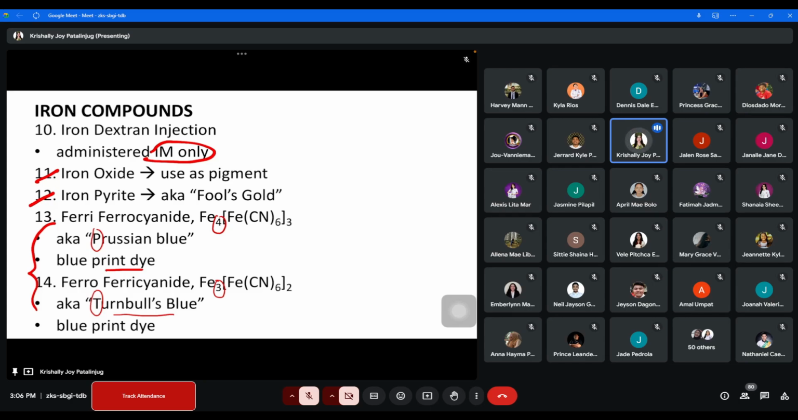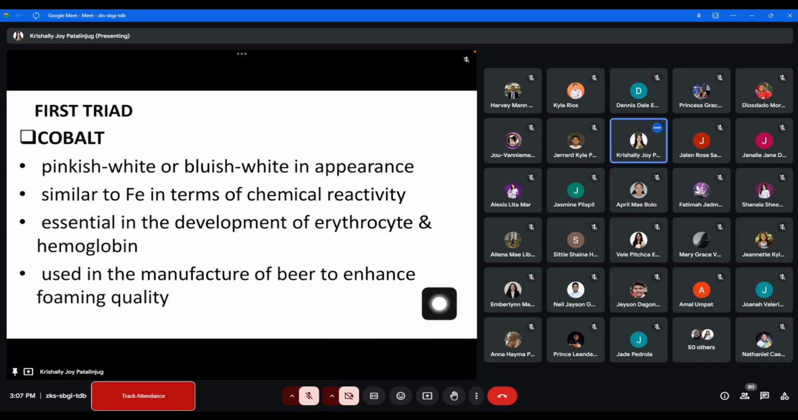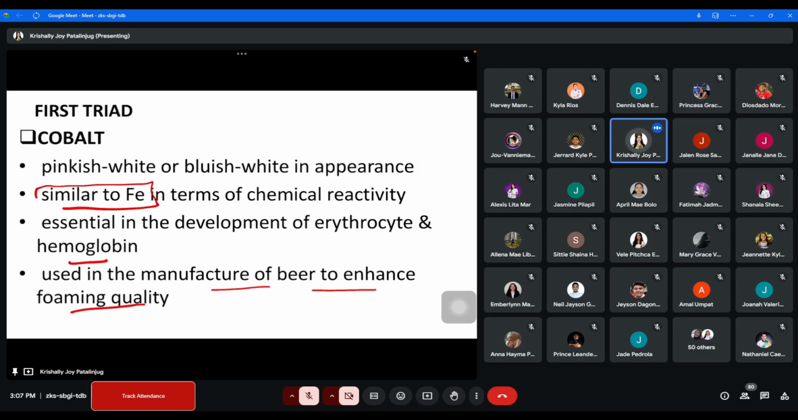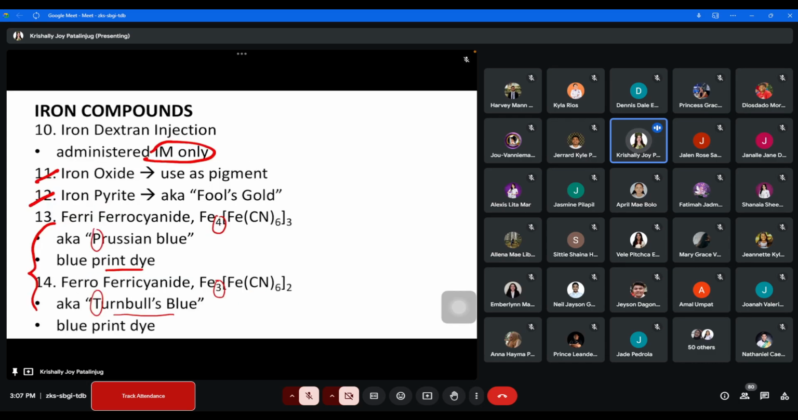Cobalt. Cobalt has an appearance pinkish white, bluish white, and since it's the element next to iron, in terms of chemical reactivity, they show resemblance in characteristics. Ayan. Essential also in the development of erythrocyte and hemoglobin. Kaya nga, similar siya to iron in terms of action. And ginagamit siya to enhance the foaming quality in manufacturing of beer. Halimbawa yung beer na Colt 45, kaya tawag siya Colt 45 because it has cobalt to enhance the foaming